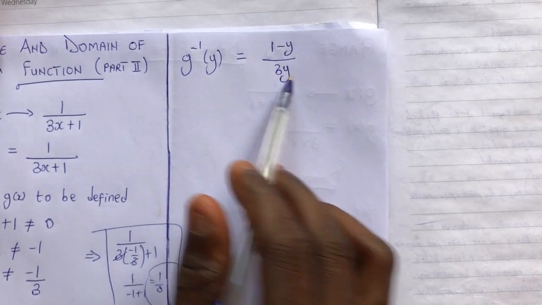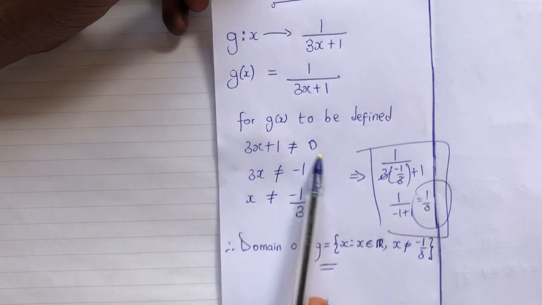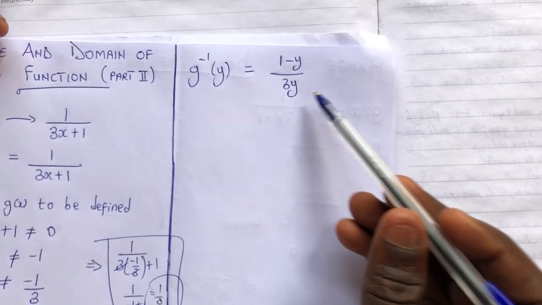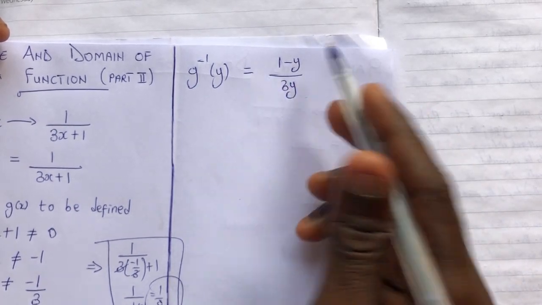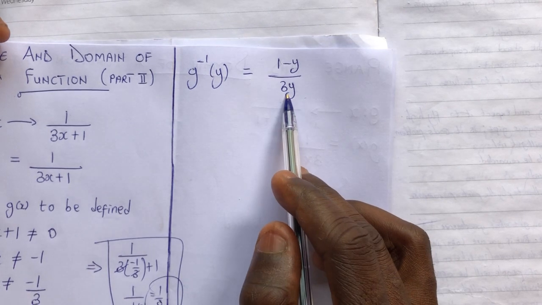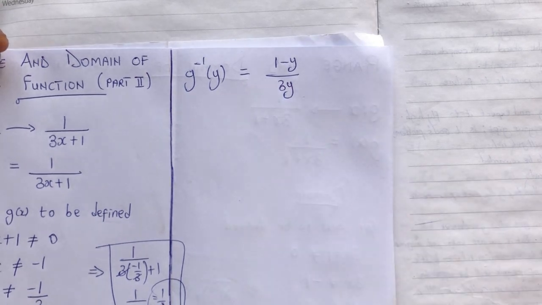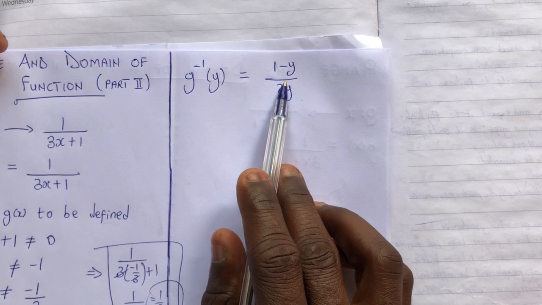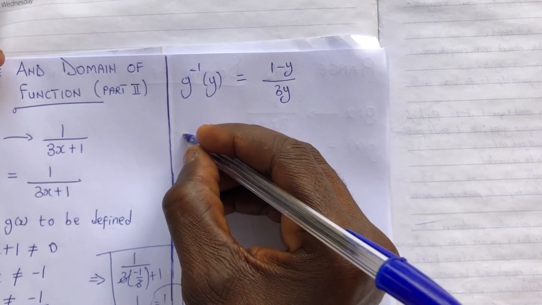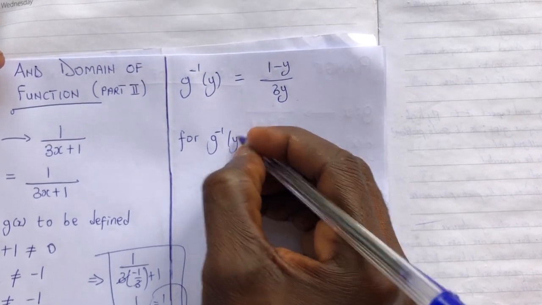Now we need to check the denominator and then repeat the same step we did for the domain. So now all you need to do is to ask yourself, if 3y is equal to 0, the equation will be undefined. We are talking about the denominator. And so if 3y is not equal to 0, then we can get the values of y that will make the equation defined. So now we repeat the same step by saying for g inverse of y